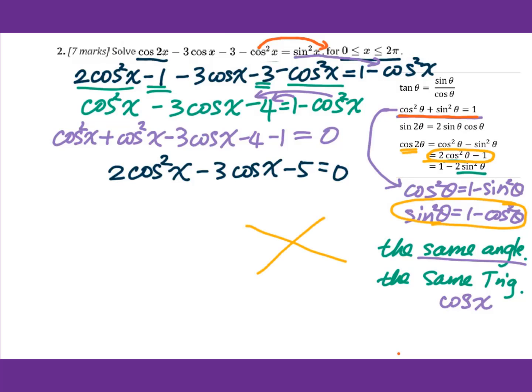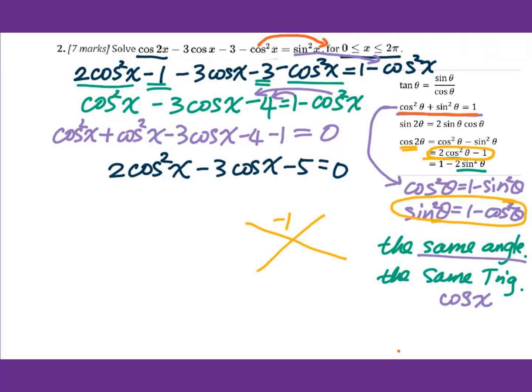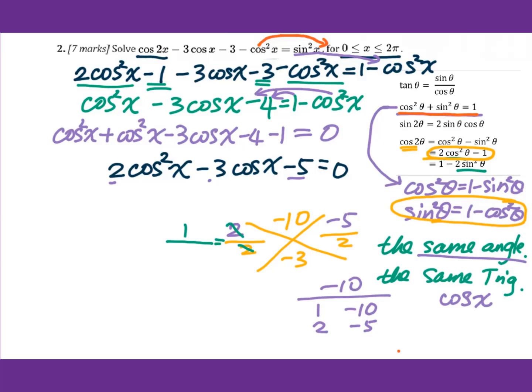So we do ninja x, you will get negative 10, negative 3, over 2 over 2. Negative 10, you will get 2 times negative 5. Negative 3 goes to the bottom. So for negative 10, I will get the factor 1 times negative 10. Adding, try to get negative 3. So 2 times negative 5, adding is negative 3. So we got 2, negative 5. Reduce. You will get 1, 1. So you will have cosine x, cosine x. Then bottom up, you will get